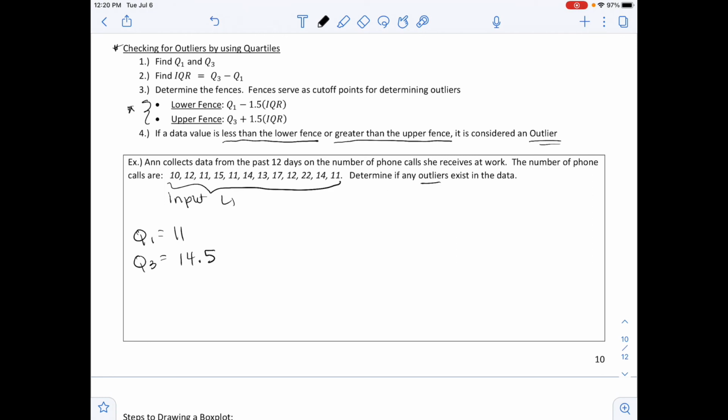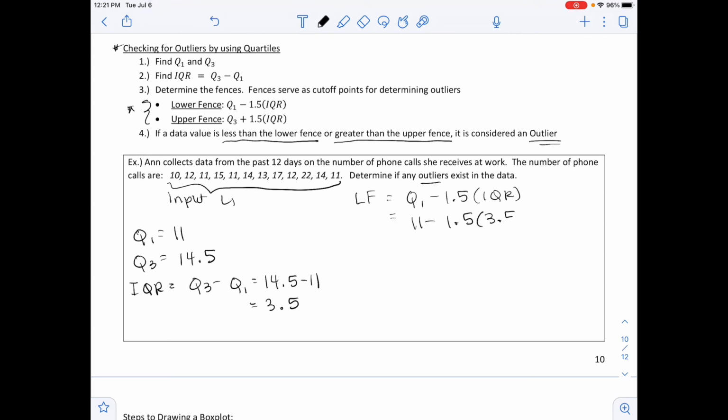The next thing we need to calculate to figure out if we have an outlier is our interquartile range, which is found by taking Q3 minus Q1. Remember, this is that middle 50%. So this is 14.5 minus 11, which is 3.5. Then we calculate our lower fence, which I usually just call LF, found by taking Q1 minus 1.5 times the IQR. So Q1 is 11 minus 1.5 times 3.5. Working this out, we arrive at